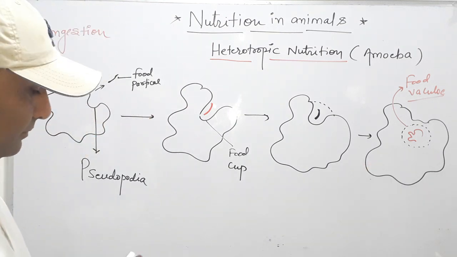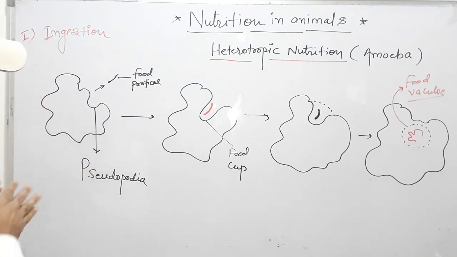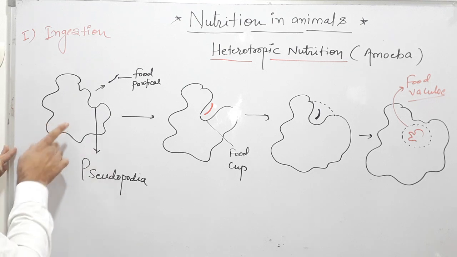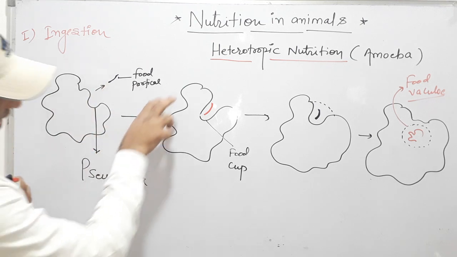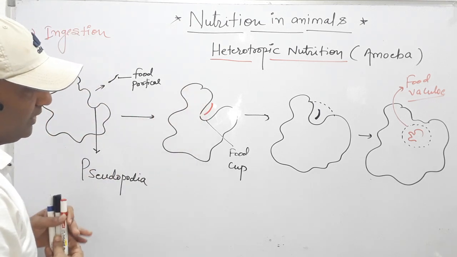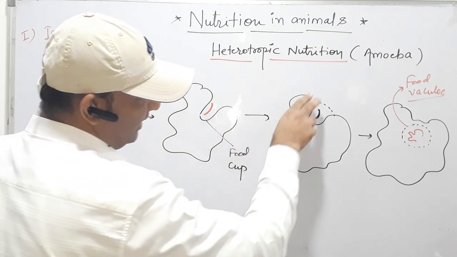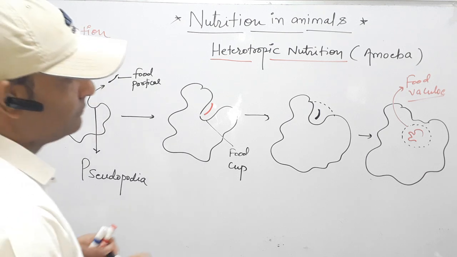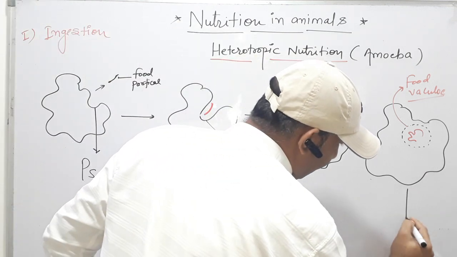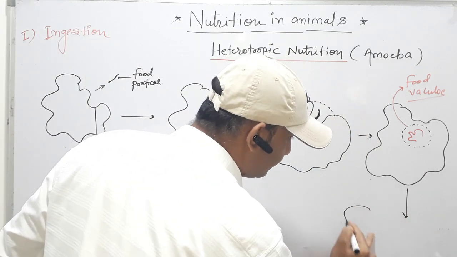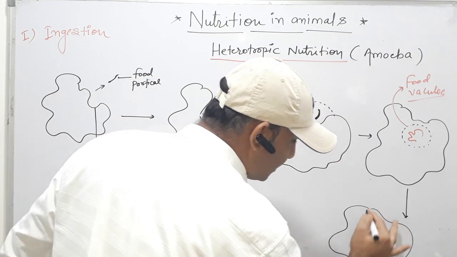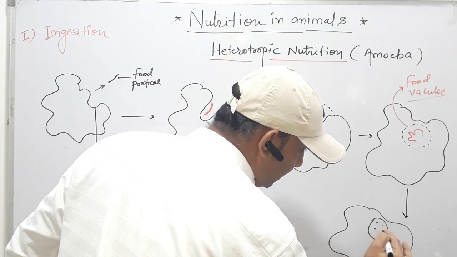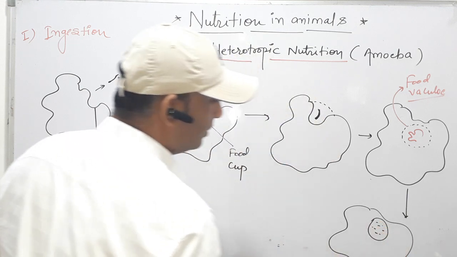Now in the next step, so repeat this step. First of all, amoeba produces pseudopodia. Now pseudopodia move towards the food. Now it engulfs the food into the pseudopodia. After that pseudopodia close and insert the food into the food vacuole. Now these food vacuoles start to digest the food. So here is the digestion of food material in the food vacuole.